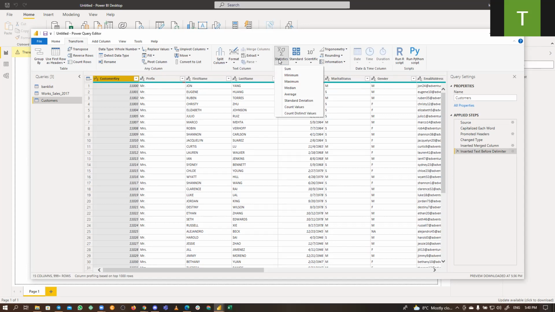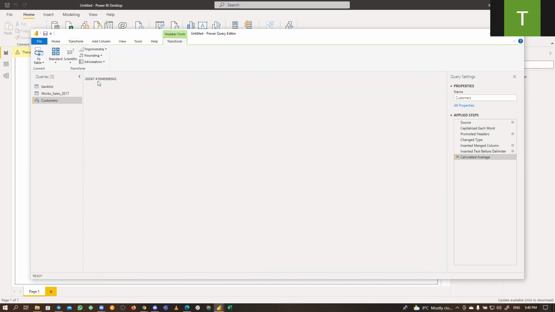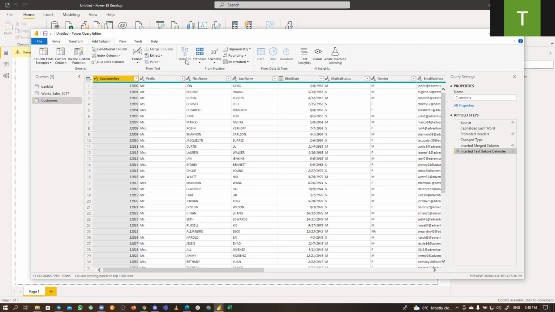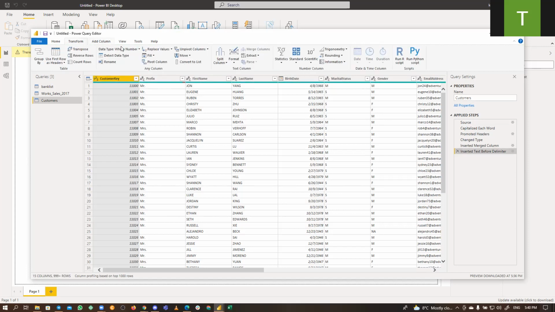For instance, I want to find the average of all these numbers that are here. If I click on this column and I click on average, it's going to produce only one value, and this is the value. It's going to take off all of the data. So that is why you don't have it under add column. Rather, you have it under transform, because it's something that will transform. Again, you can just close it out, go back to the menu. So that's why we have statistics working under transform, but not under add column.